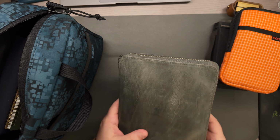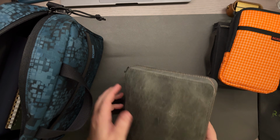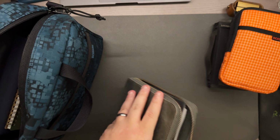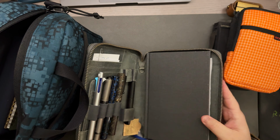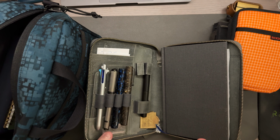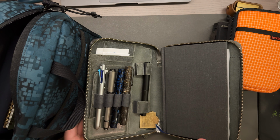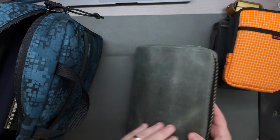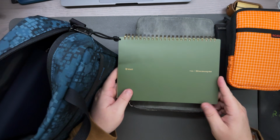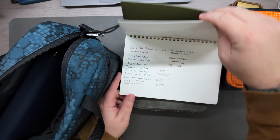And then I have my Galen A5, and in it has my Write notebooks hardcover. It's got another traveler's clip. It's got my Newton, my Magnolia, and I think what else is in here? My Newton, my other multi-pen, my Monteverde Titanium, a traveler's clip, and the Write hardcover, so that fits that. I have my Clyde A5 that I've been using for a lot of just general notes. This is the horizontal, and it has the